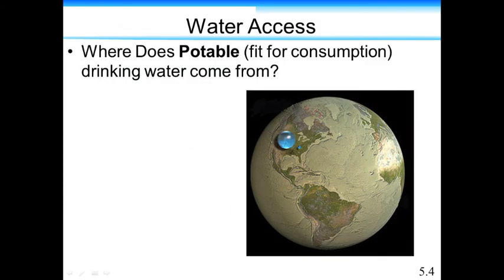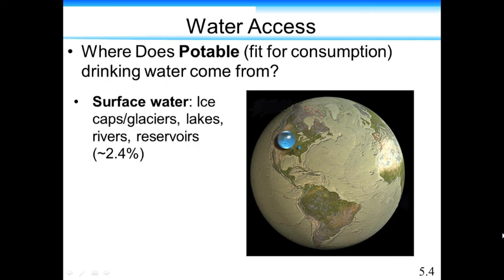Now, where does potable water come from? Water that we're able to drink. This picture here is showing a globe that looks kind of sandy colored with just faint outlines of the different countries. And there's a drop of water sitting on North America, just filling up maybe about 3% of the volume of the globe. So a very tiny amount of water on the earth is actual drinking water, water that humans